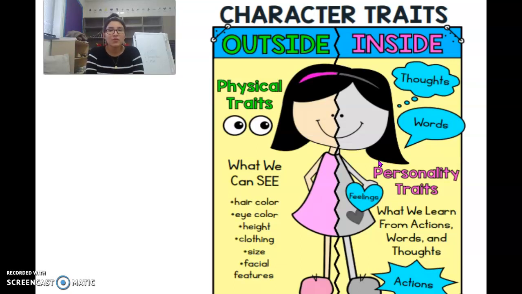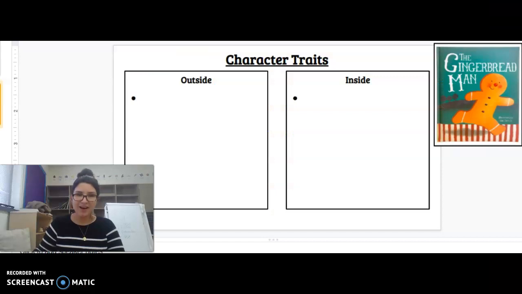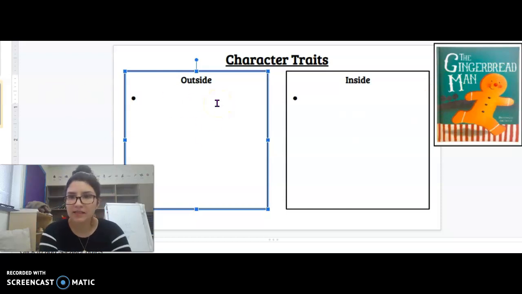Okay, so character traits. All right, let's actually go ahead and, yesterday we read the Gingerbread Man. Let's go ahead and do the character traits for the Gingerbread Man, okay? Okay, so character traits for the Gingerbread Man. This is a story we read yesterday. So the outside, okay? Outside is what we can see, okay? Let's go ahead and think. Here he is. Okay, so what I can see is, let's see, I can see a red candy nose,